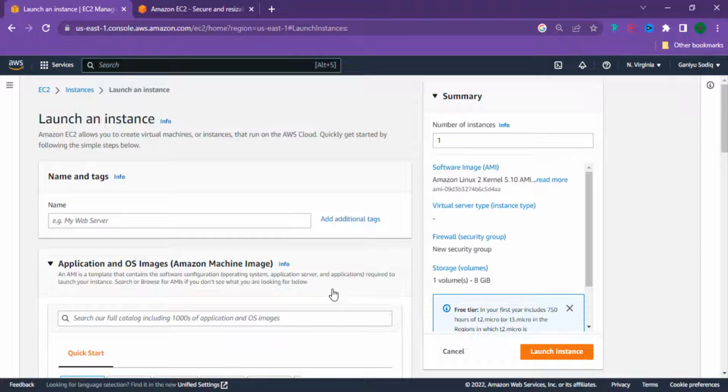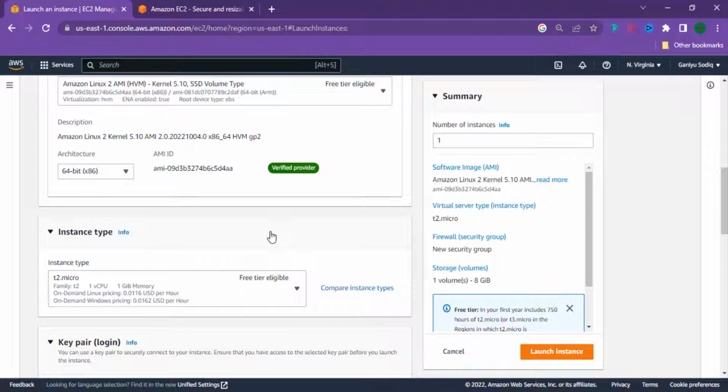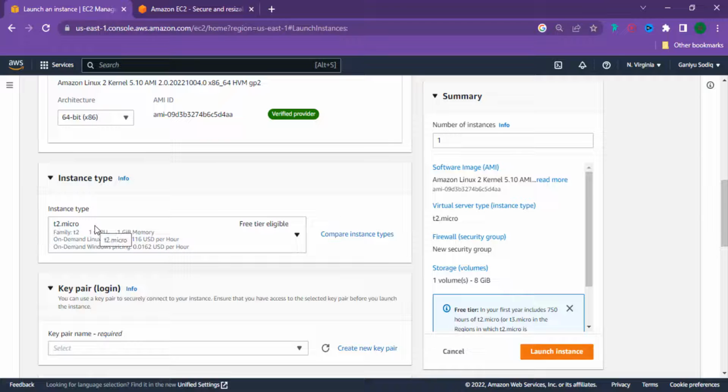So that's the first component of EC2 instance. The second component is instance type. What instance type simply means is the compute resource in this EC2 or in the server you are about to create. You can specify the compute resource. That is, you can specify